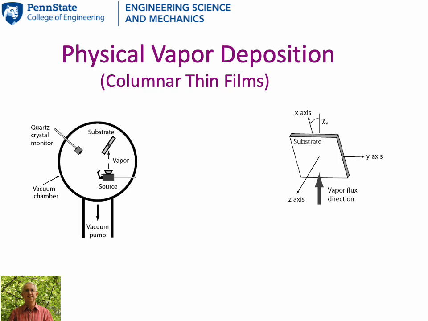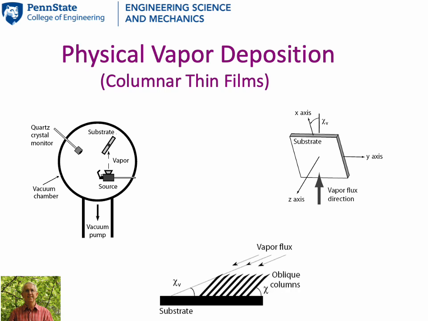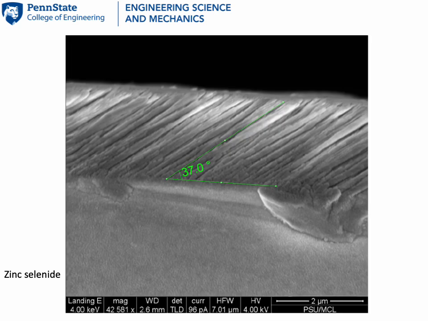Russ explained to me the industrial process of physical vapor deposition, which has been around now for over 160 years. Put a source material in an evacuated chamber. The source material shall evaporate if you heat it. Collect the evaporant flux on a substrate. A thin film is formed on the substrate. If the conditions are right, nominally parallel columns or nanowires or nanocolumns grow. This assembly of nanocolumns is called a columnar thin film. Here is a scanning electron micrograph of a columnar thin film of zinc selenide.